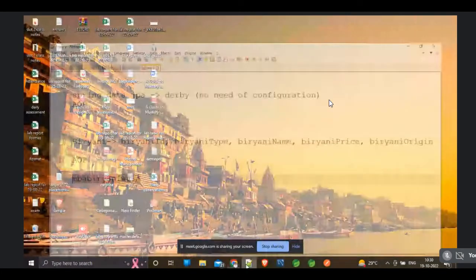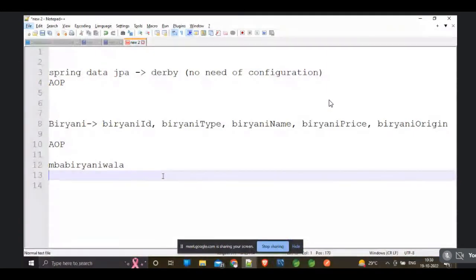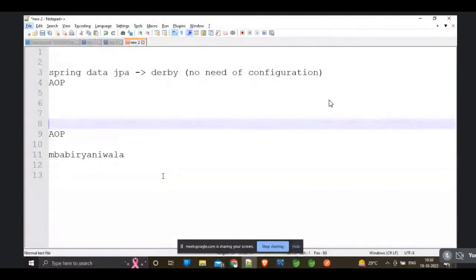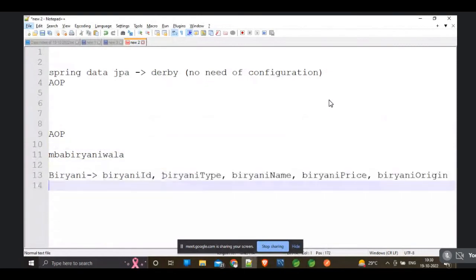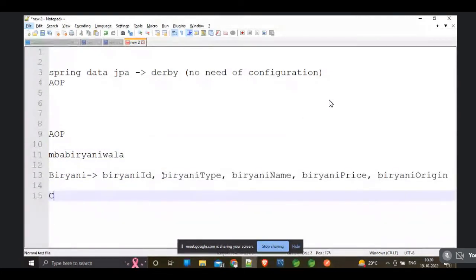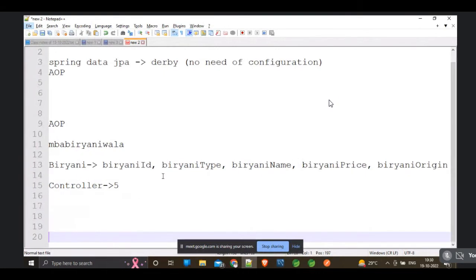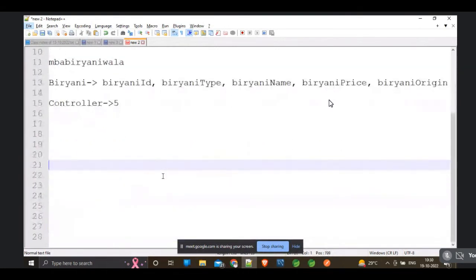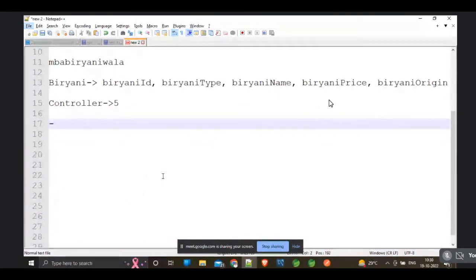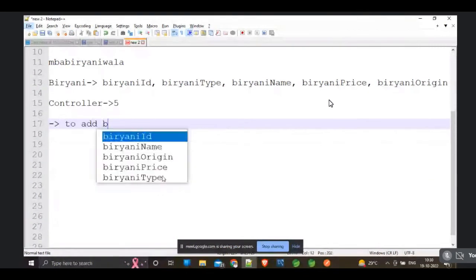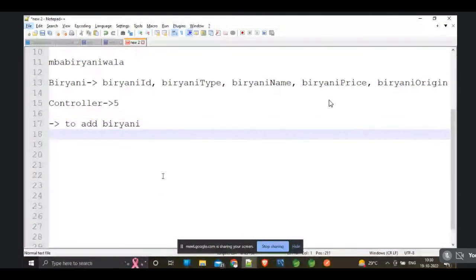Okay, so we can create one project with Biryani Wala, and here we can add one model. Biryani is the model, and in the controller we have to create at least five APIs. The APIs that we are going to create: one is to add biryani, and to retrieve all biryanis,